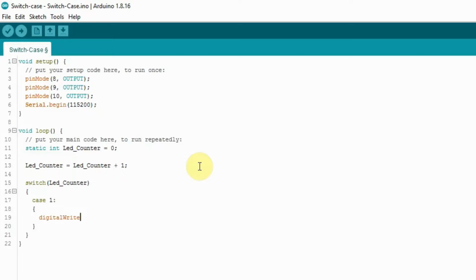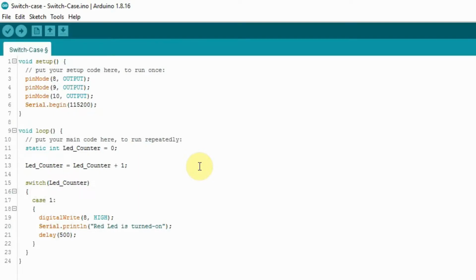To show the current status of this LED, I'm going to use the print API that will print the LED status to the serial monitor. Once the LED is turned on, put a delay of 500 milliseconds. With that delay, the LED stays turned on for at least 500 milliseconds.